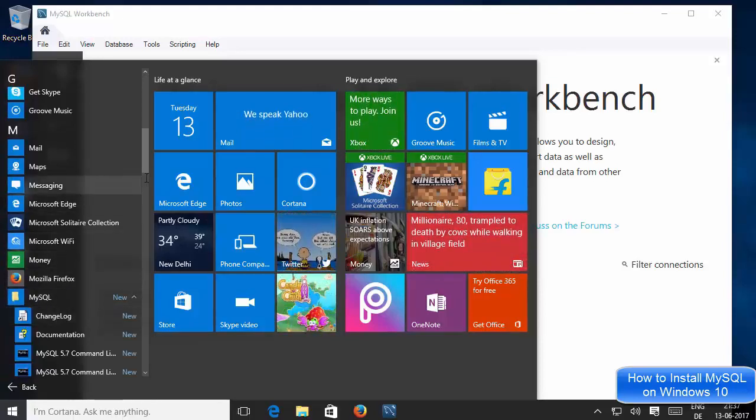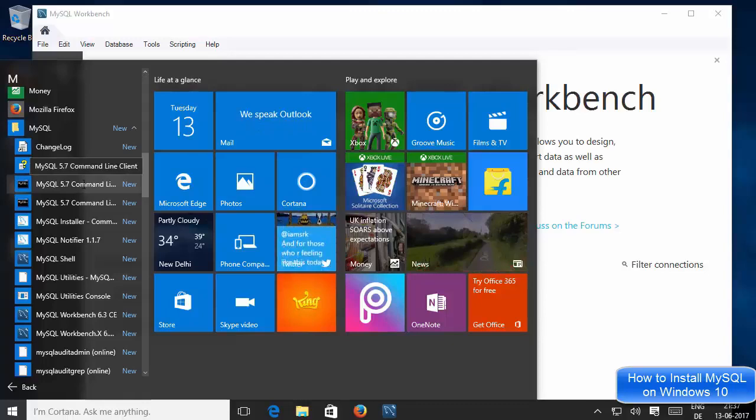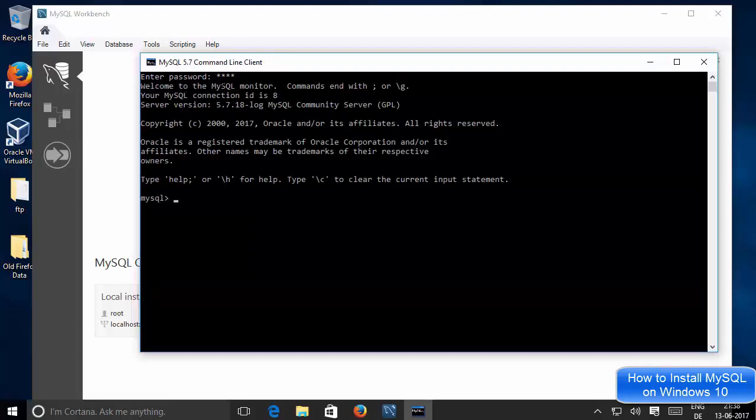Okay, so just search for MySQL client command line. You can see this option, MySQL Command Line Client. So just click this option, and in here you need to give your password, whatever you have set whenever you have installed MySQL. So I'll give the password which I have set and then press enter, and you can see I'm connected to the MySQL database, and through this client I can interact with my MySQL database.